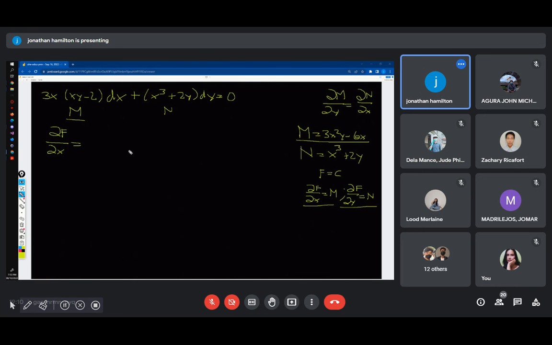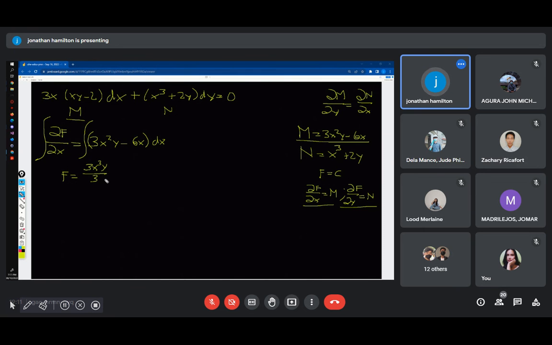Kung kani ang atong m, we could say this is 3x squared y minus 6x. Now, unsa nato ni kuha ang value na f? We can integrate, wait lang ato sa i-clean gamay. We have this dx and integrate. So again, we'll only be integrating with respect to x, which means we can get the function f is equal to